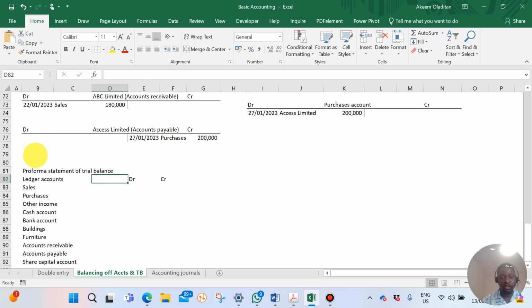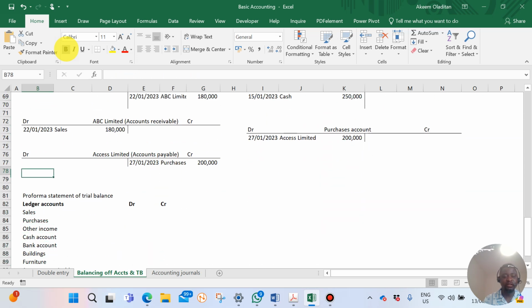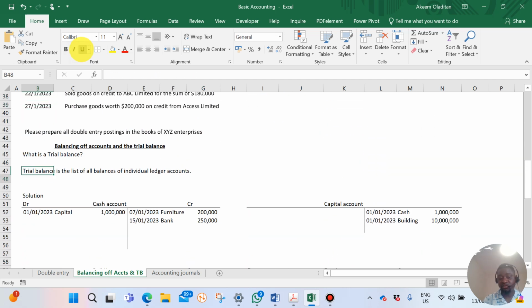So the first thing we now need to do, after we must have created our pro forma, is go back and start balancing all those accounts that we have. If you look at it very well, we have transactions on the debit side and also on the credit side. On the debit side of a cash account, we have